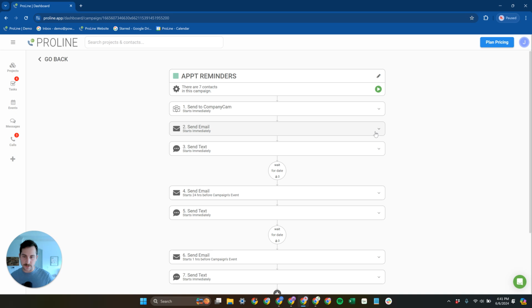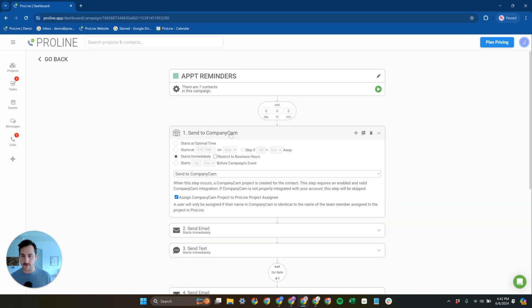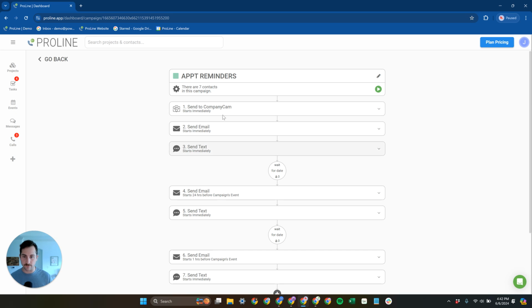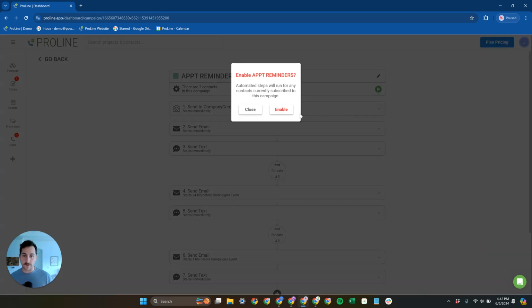Yeah, so this is typically the way you're going to want your appointment reminders campaign to look. You're going to have the confirmation email and text here at the top. You're going to have that send to CompanyCam step right there at the top as well. All of that running immediately. And so now just make sure that this is on as well. If this is not on, this won't run. But with these appointment reminders on,